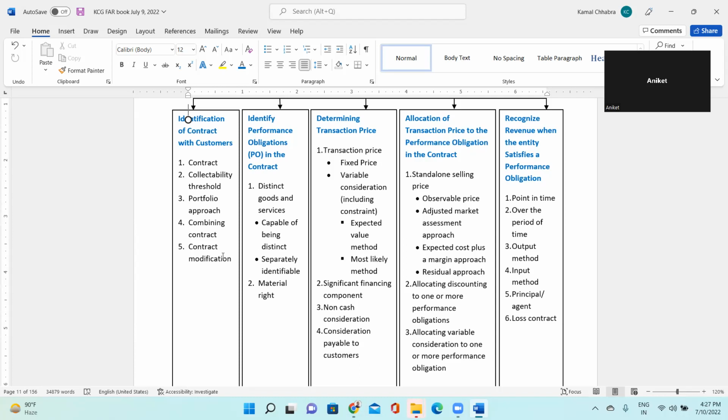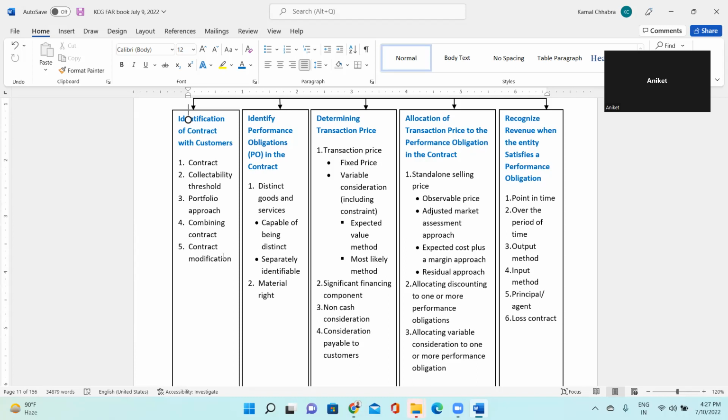For example, let's say you have given $1,000 to me for 20 classes. Right? As and when I deliver all these 20 classes, for respective classes, I'll be recognizing the revenue of $50 each. Okay, sir. I should not be recognizing the revenue $1,000 upfront.